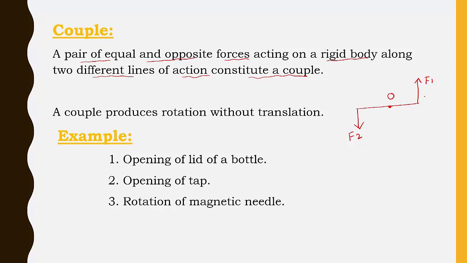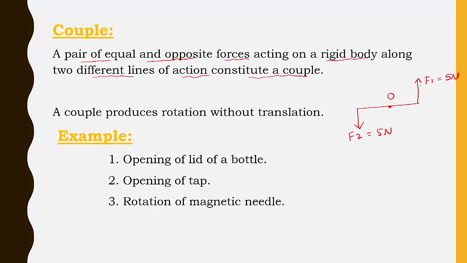So this is what we call a couple of force. We considered a pair of equal and opposite forces acting on a rigid body. When you apply force like this, what changes occur? You can observe the first force is acting in the upward direction and the second force in the downward direction. That indicates both are in opposite directions, but both have the same magnitude. For example, if F1 is 5 Newton, then F2 should be how much? 5 Newton. Both have equal magnitude, but their directions are opposite.